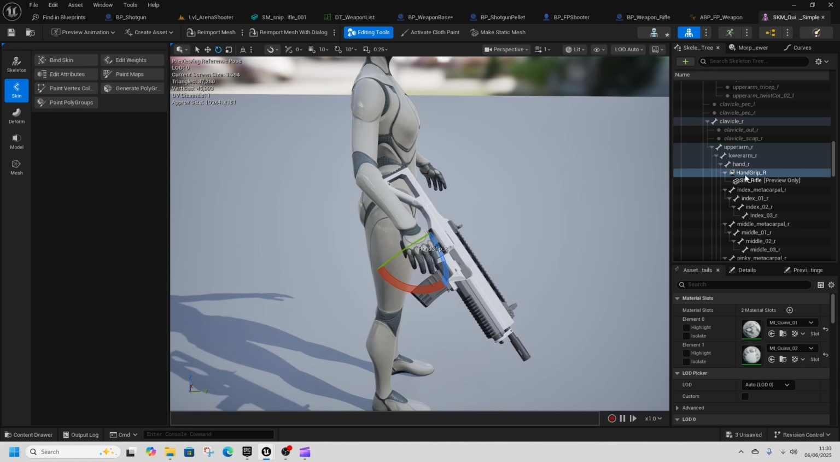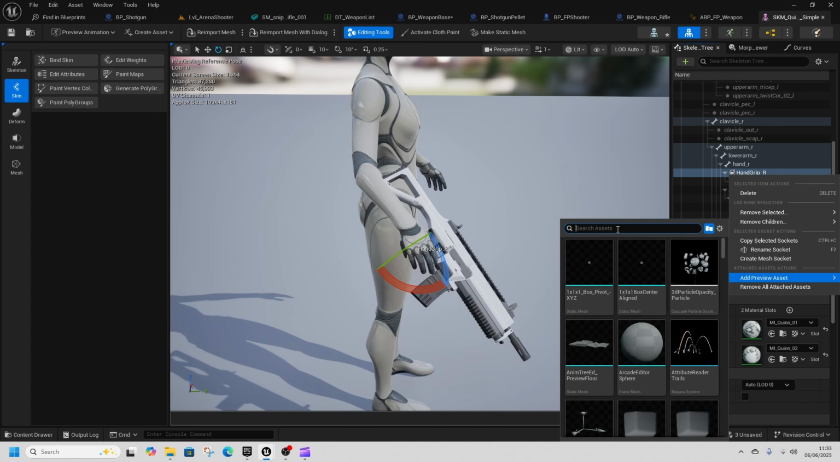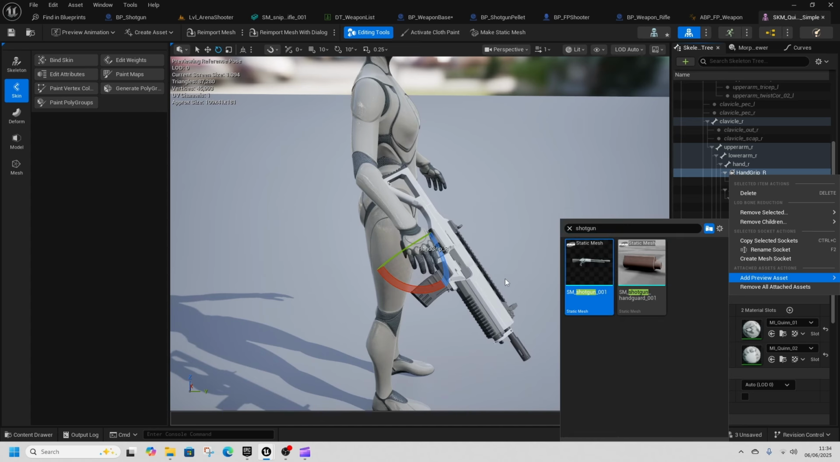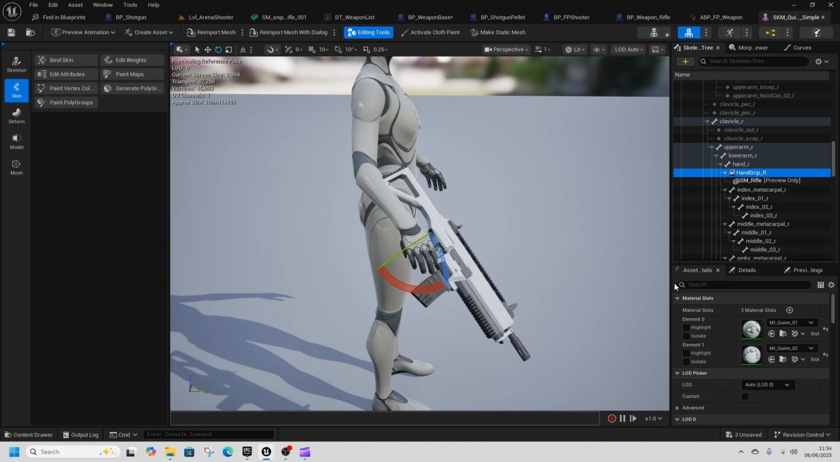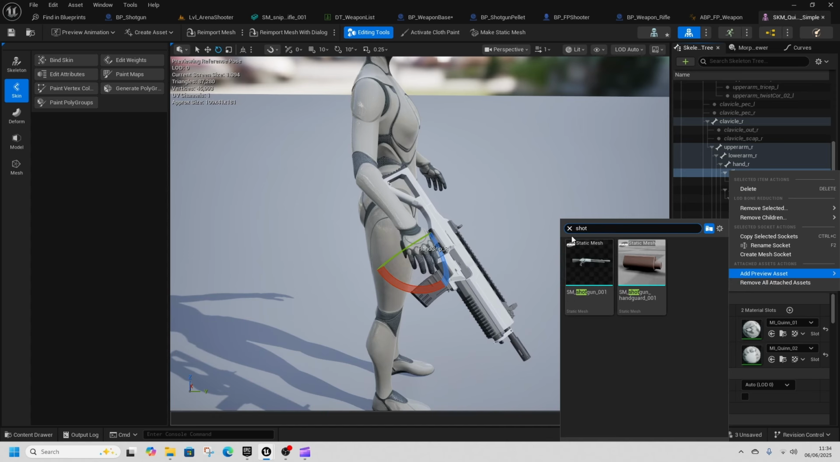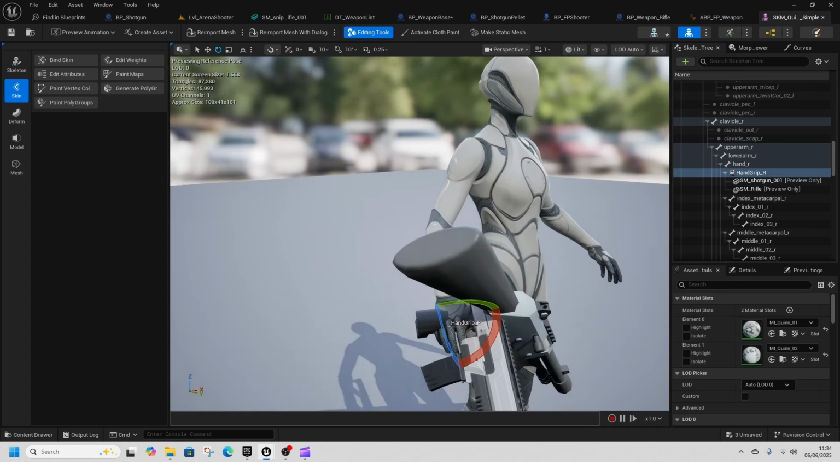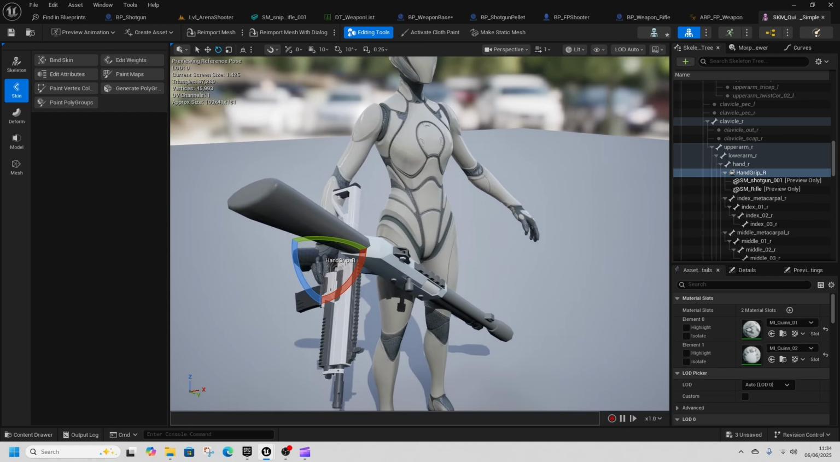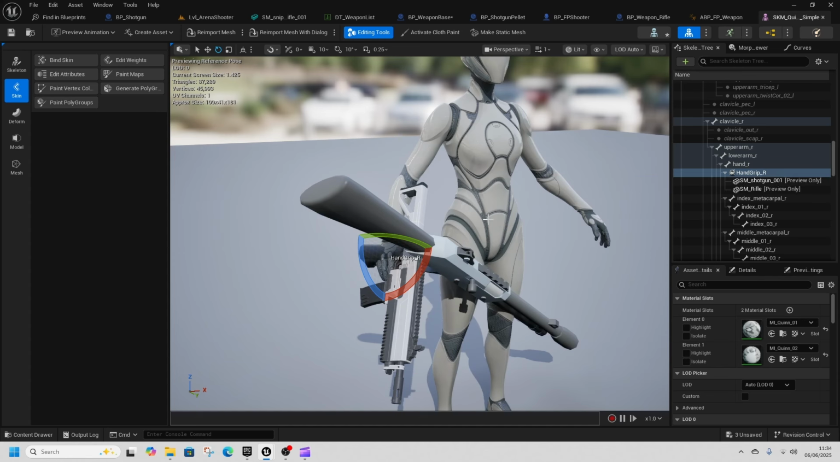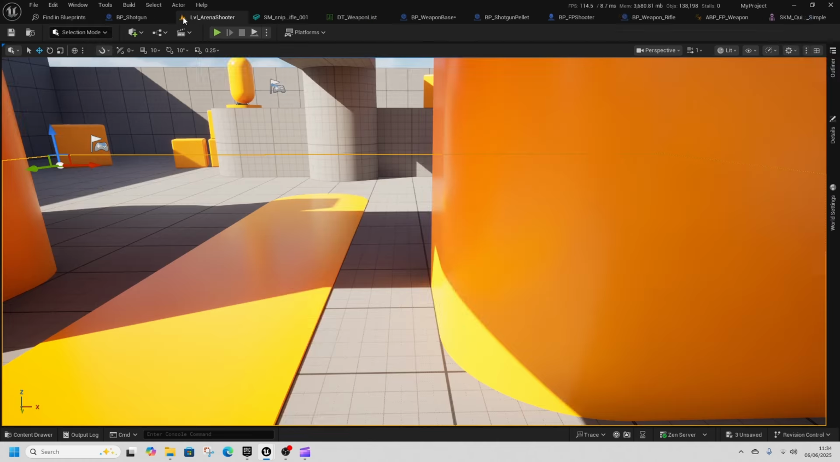You can see how well that fits. Then we can right click, add preview, and add the shotgun, and we can see how well that just doesn't fit. So we don't want to mess with hand grip R, because then we've been messing with the actual gun as well. So what we can do is, out in the world,